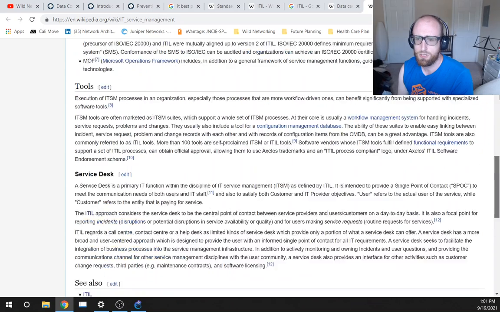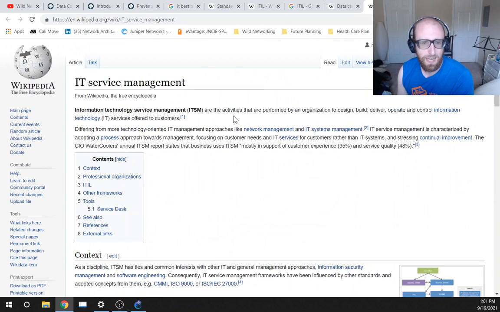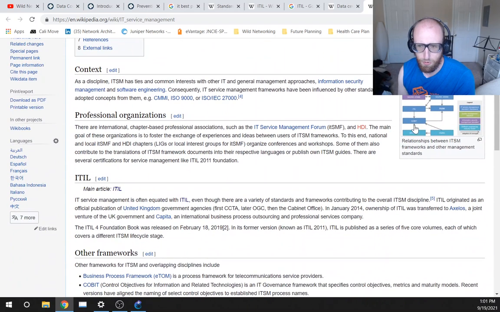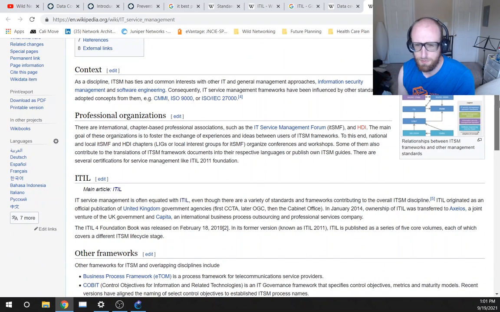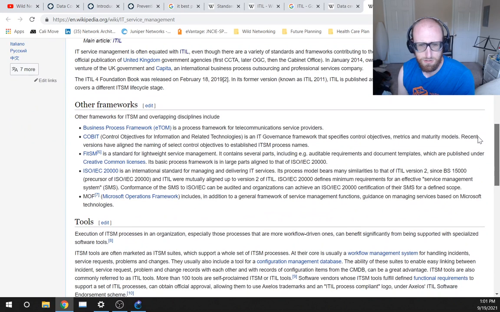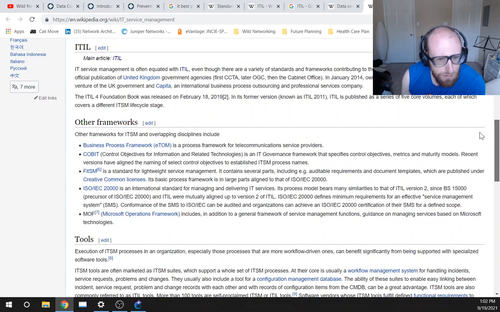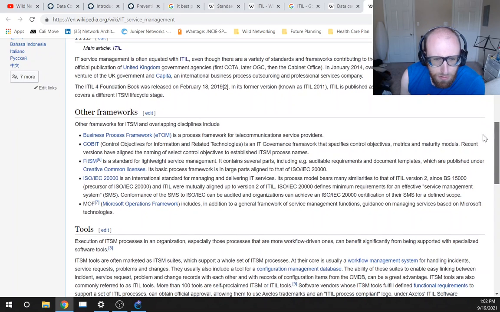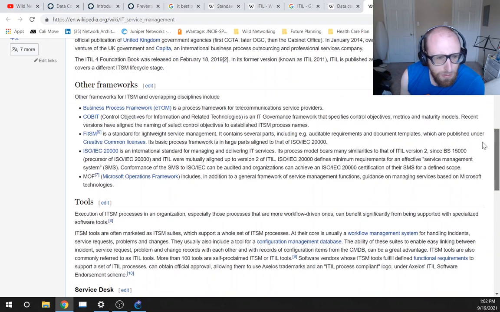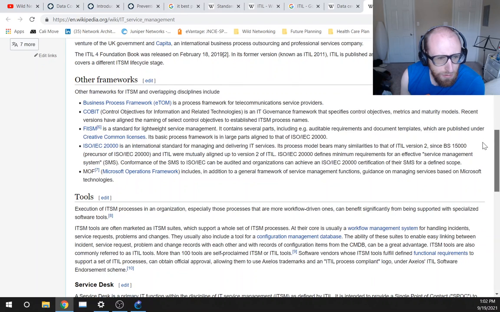So it almost looks like this ITSM, information technology service management, is more of an open source framework for IT best practices. Oh, this actually looks like,